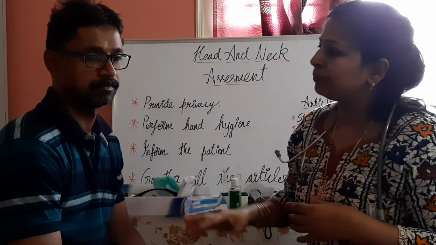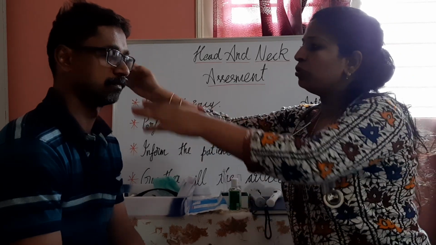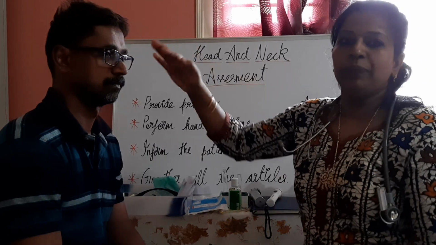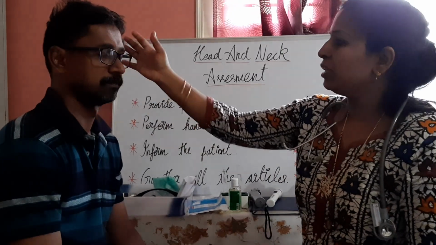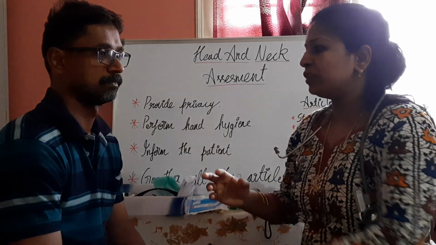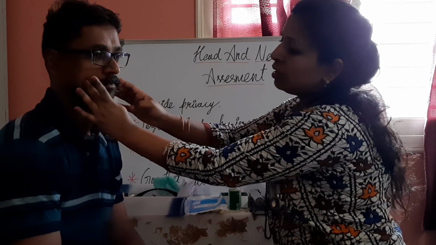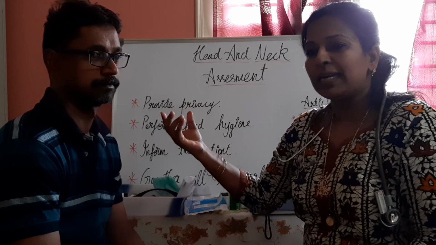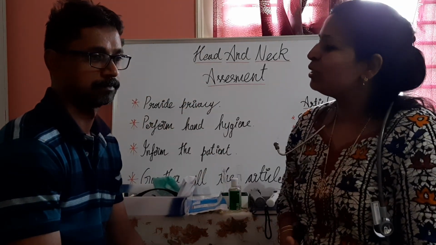So you have to see the patient's eyes and the ears, whether both are at an equal level. Next, you have to observe the facial muscles and the symmetry of the right and left sides of the face, whether it is symmetrical or not, because sometimes there will be drooping of the face, that means the facial muscles on one side will be drooped. So you have to check for any drooping because of paralysis of the muscles.